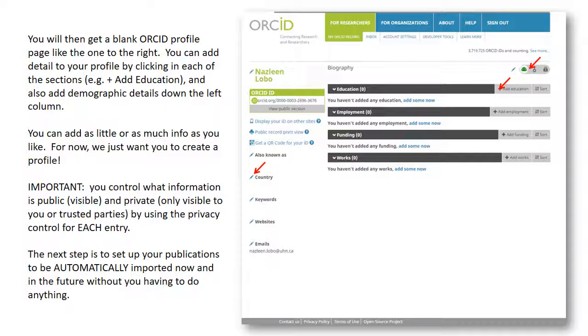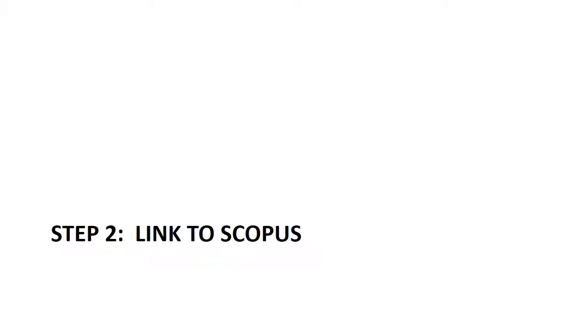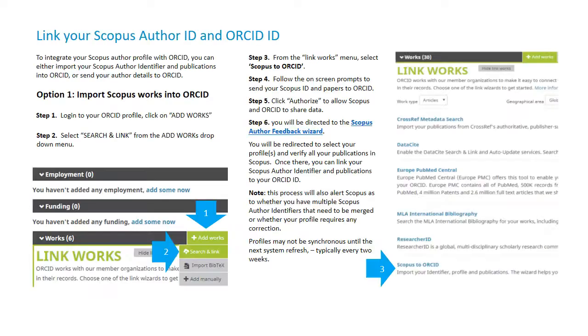Okay, the next step is we're going to automatically import your publications, now and in the future, so you don't have to do this manually. How do we do that? We do that by linking to Scopus. So this is also really easy. You go into your ORCID profile and you go down to Works and you click Add Works and then Search and Link. And what it will do is it will provide you a list like this where you're going to select